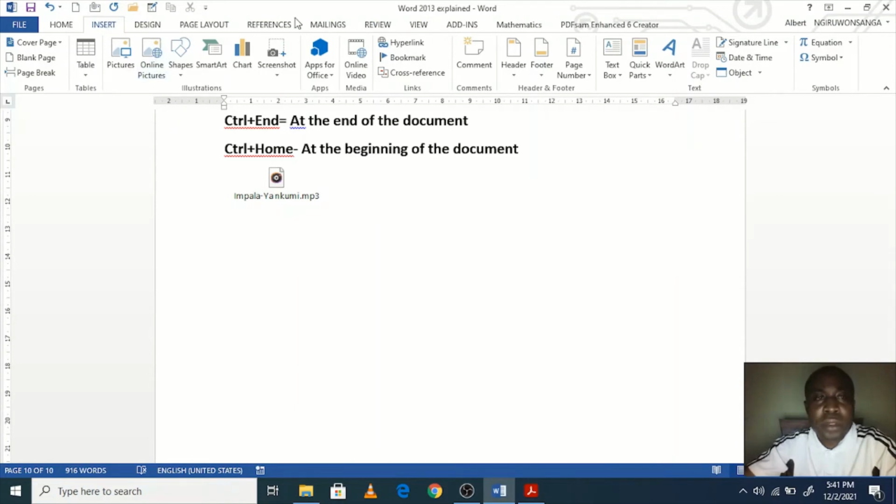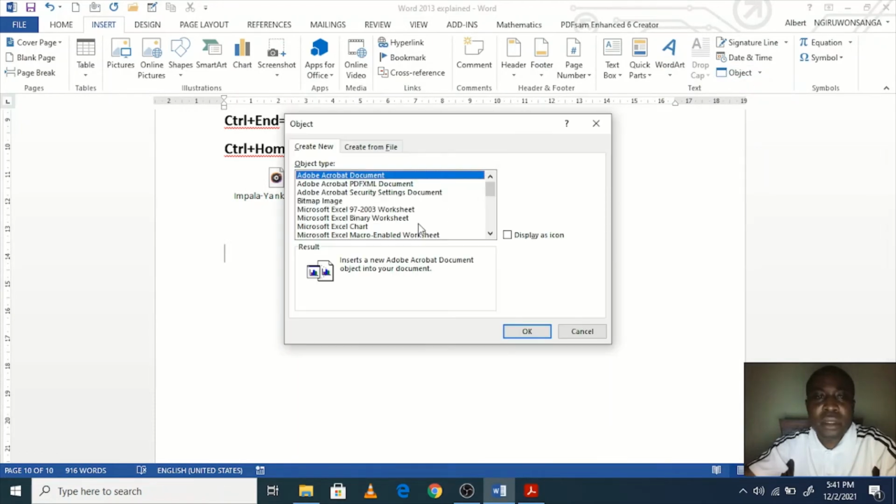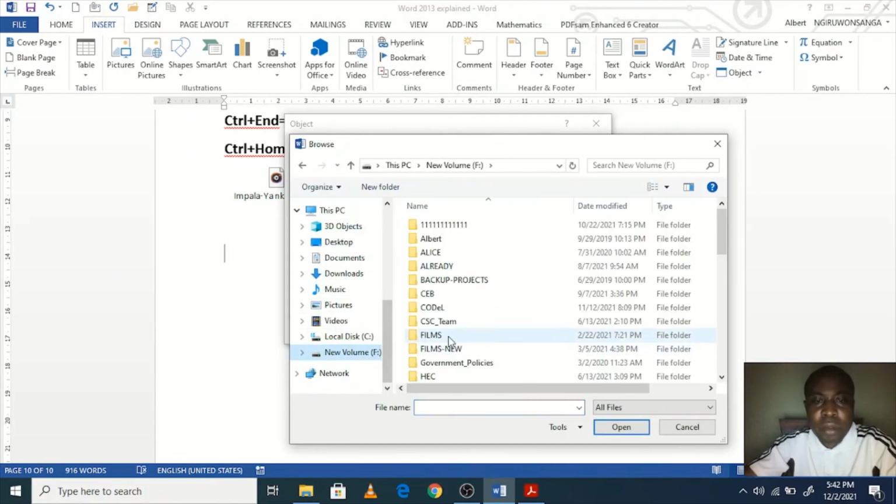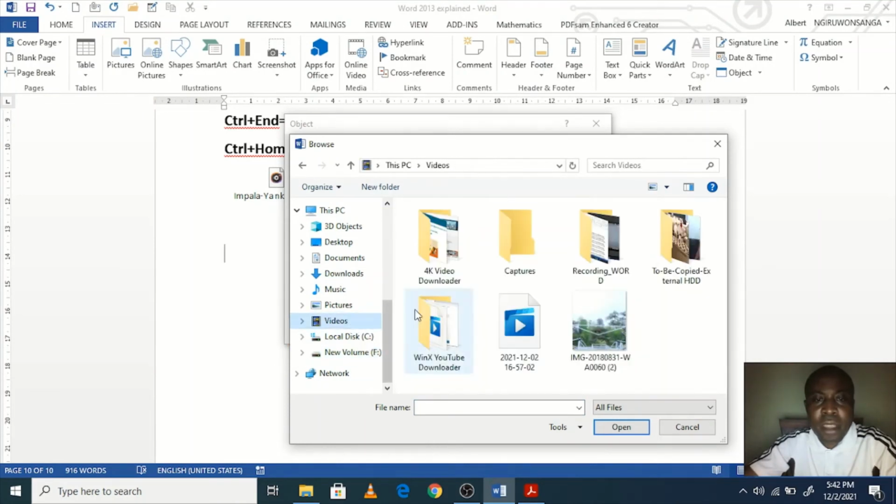You will have to maybe upload it to OneDrive, or Google Drive, or Dropbox, and share the link. So we go back to insert, then object. We go back to object from file. We go back to, let's say if I go to videos,